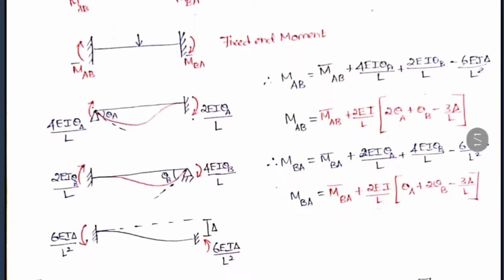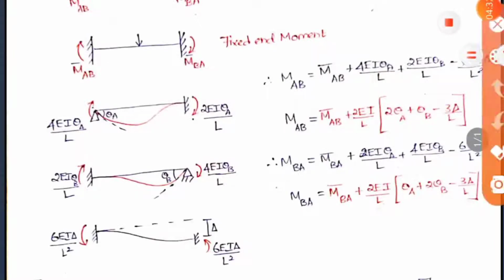And then the last step is you are considering the sinking support. So this also we have studied already. So when you consider a sinking support at one end, you will be getting 6 EI del by L square, that is the moment on both the sides. Okay, so here you will be getting 6 EI del by L square, here also 6 EI del by L square.